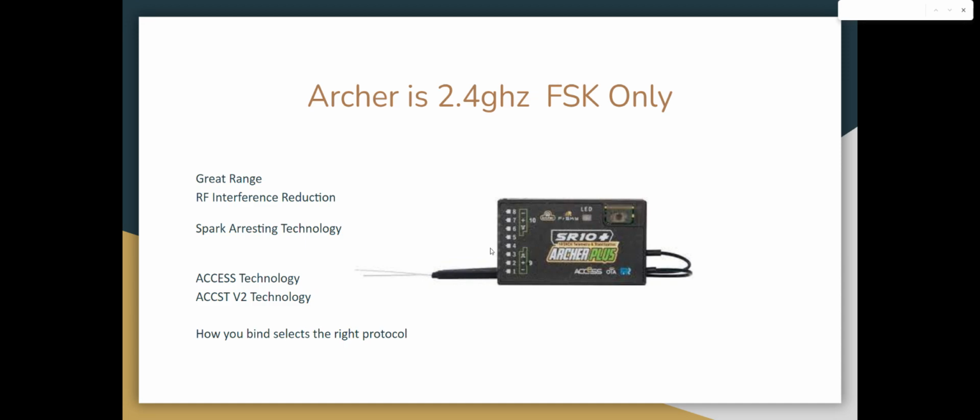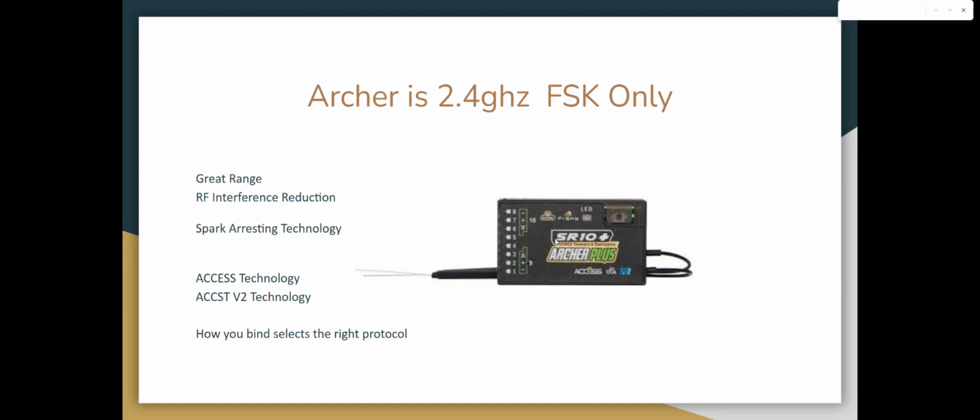So 2.4 gigahertz, that's where FrSky got its start in 2010, was a 2.4 gigahertz transmit and receiver module. We didn't even make radios at the time. And the idea behind it was that